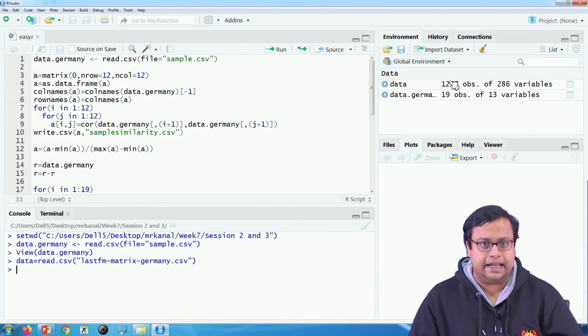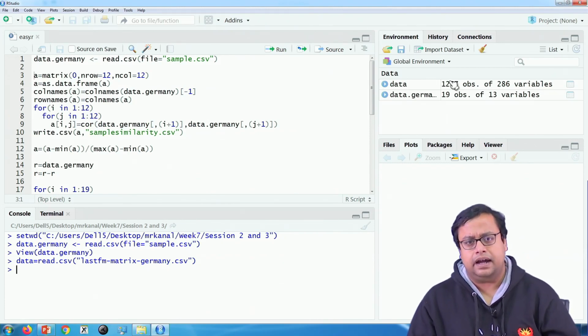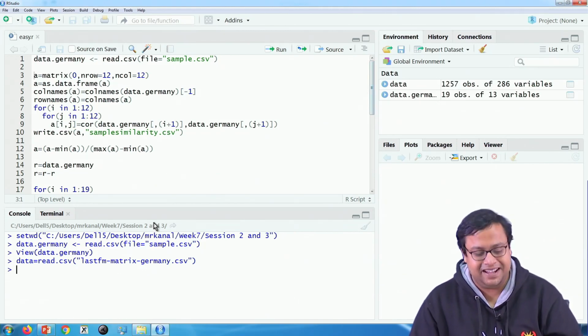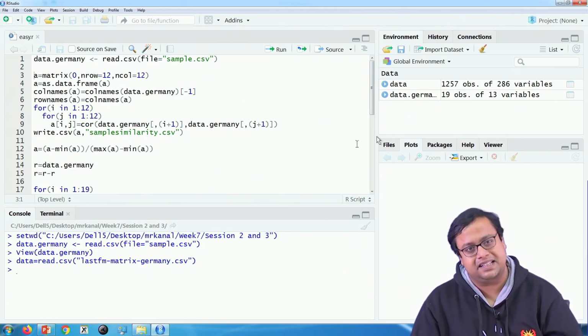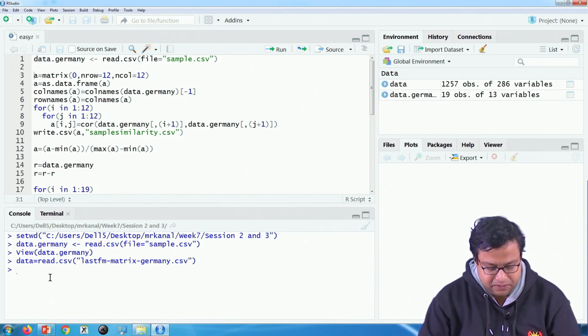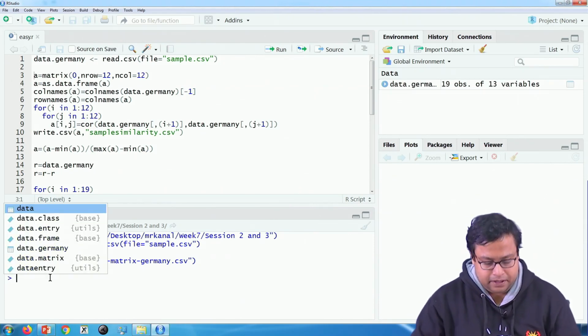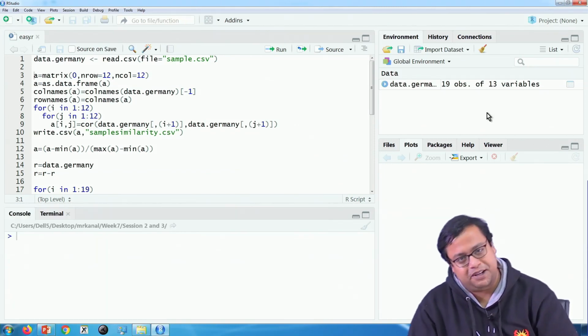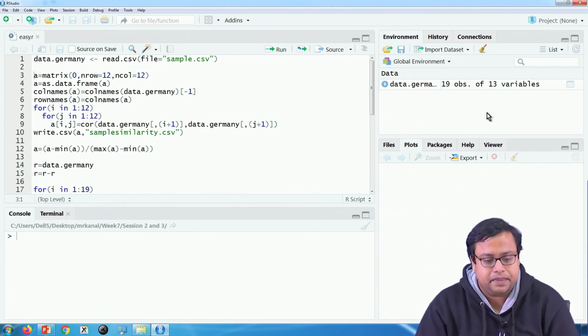The calculation will take 1 to 2 minutes and I cannot sit idle in a video for that long. That is why I am using a small one. You can use the bigger one as well if you like. Given that I have read this data, 19 observations of 13 variables, we will start with this.